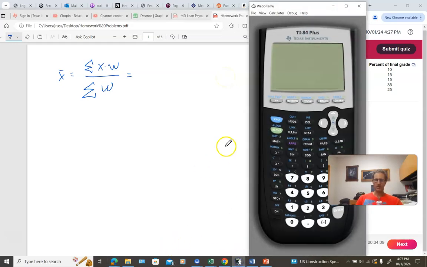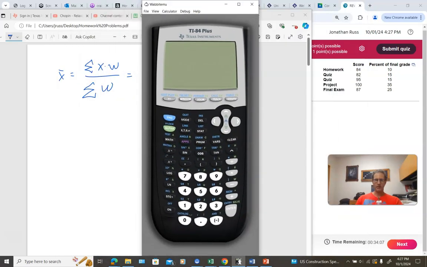So I could probably just do really all of this in the calculator. So 84 times 0.10 plus 82 times 0.15 plus, so see, I'm finding the sum as I go. Okay, now I know in the notes I made a table, and that's fine, but just, you know, for the sake of this video, and then 95